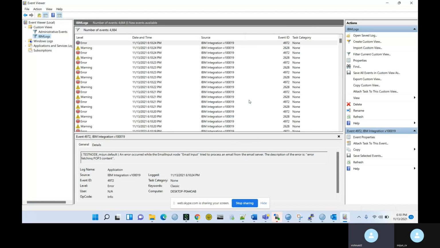What error do you see on the screen? An error occurred when the email input node tried to process an email from the email server. The description of the error is error fetching POP content. Okay, let's go to the warning. Click on warning.